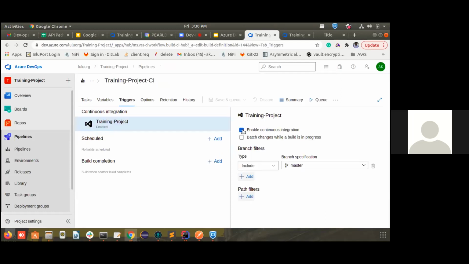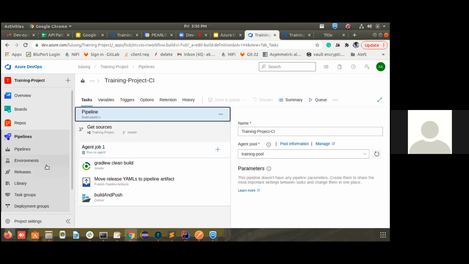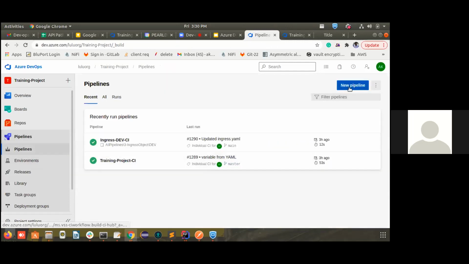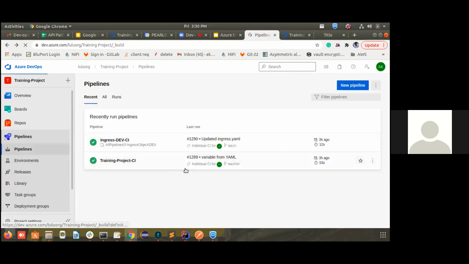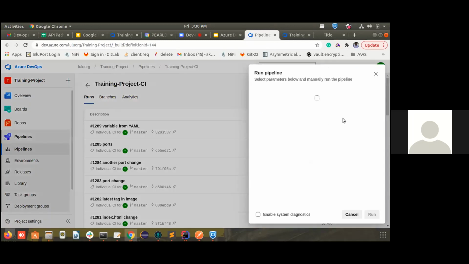There is a checkbox here for the CI pipeline also. So if I enable this continuous trigger for this master branch, whenever a commit comes to my master branch, this particular build will be auto triggered. So for now, I'm going to do that manually. Oops. I should go inside training project, run pipeline, training master branch. Yeah.